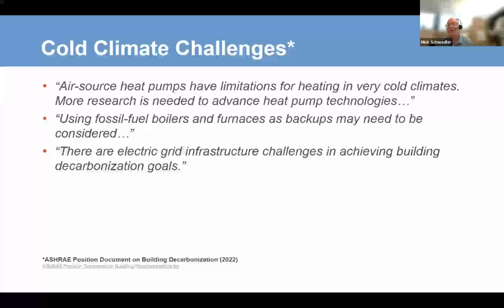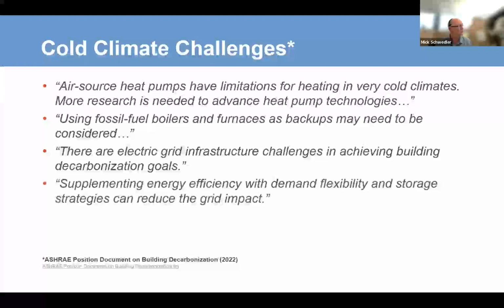So the first thing to do if you're looking at electrification of heat is to contact your local electric utility. How much power do you have? What's there? How reliable is it? Because they're going to give you a power budget, because there are other things in that area. Next,